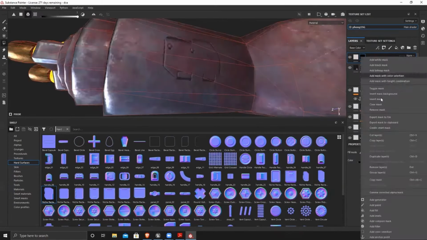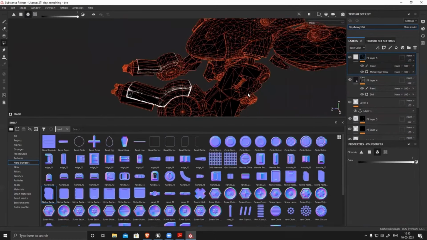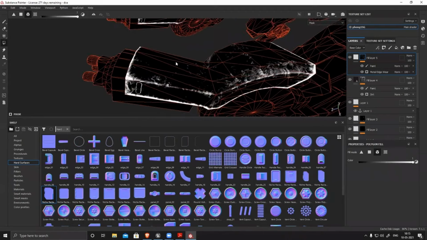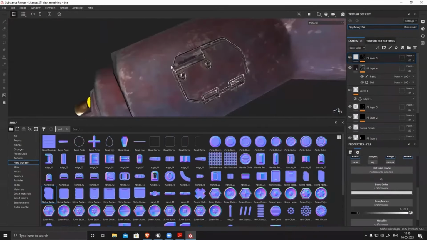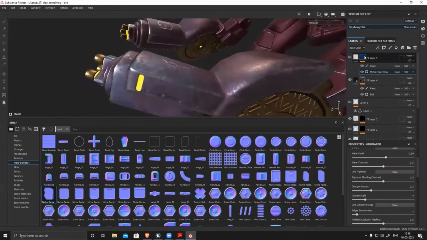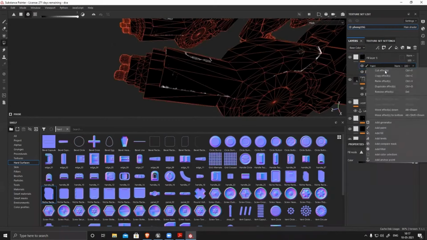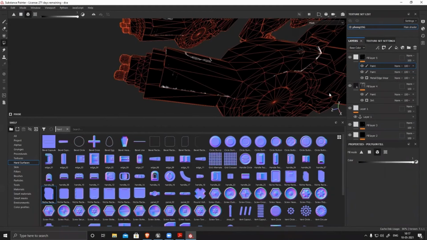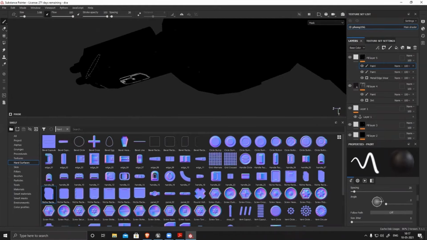Now I apply a metal, and I want to apply that metal edgewear only on that section. You can see that information is not there. If I switch on the anchor point, you will see it's generated, but it's too much. I'll control it. You can see I just increase the level, and it reduces, and wherever I don't need it, I just mask it out.